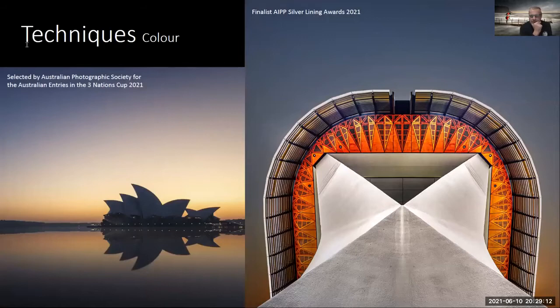So these are a couple of mine. So the one on the right was the one that got to the Silver Linings Awards this year. And the one on the left just got selected by the APS to go in the bundle of Australian photos that go off to compete in the Three Nations Cup. I think it's New Zealand, Canada, and someone else this year. I wasn't particularly interested, so I didn't take much notice. But the image on the right